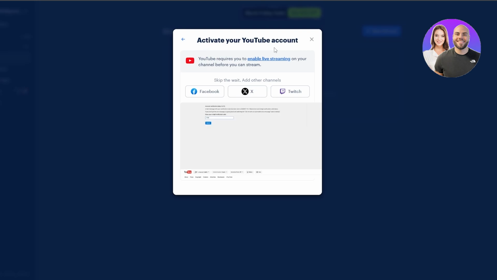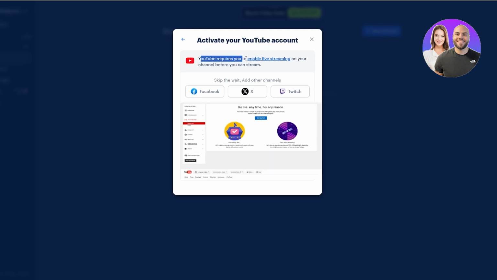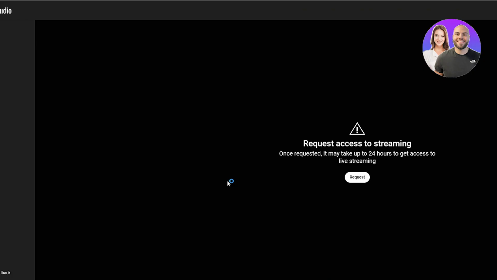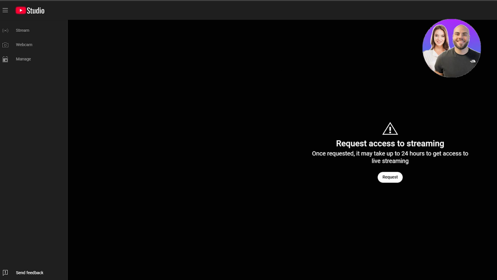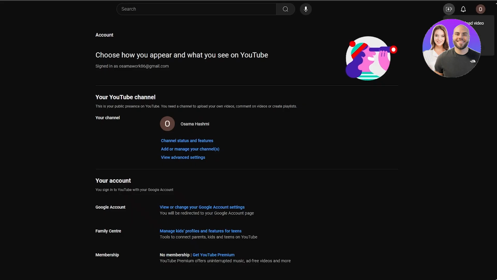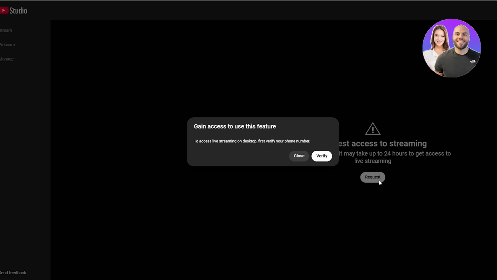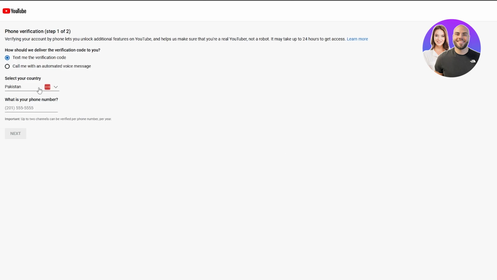As you can see, in order to go ahead and do that, you have to activate your YouTube account. It says YouTube requires you to enable live streaming on your channel before you can stream. To do that, all you got to do is just go to your YouTube channel and click on this create button, and then just simply click on go live. And it's going to take you over here where you can go ahead and request streaming. So just verify right here to access live stream desktop. Just simply go ahead and click on verify your phone number and your country and everything,